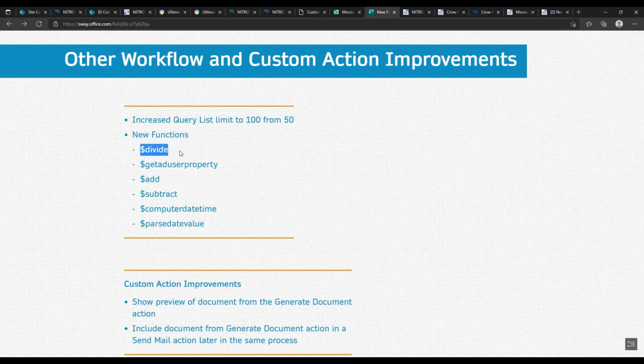So that's obviously an arithmetic function to do a division. We can get AD user properties. That's a new function. You can add and subtract. So we kind of added those things. We had product already, which was a multiplication function, but we added divide, add, and subtract to kind of complete out the arithmetic functions. We also have this compute date time function, which if you look in our version log,